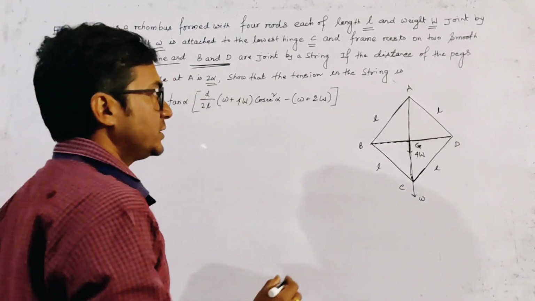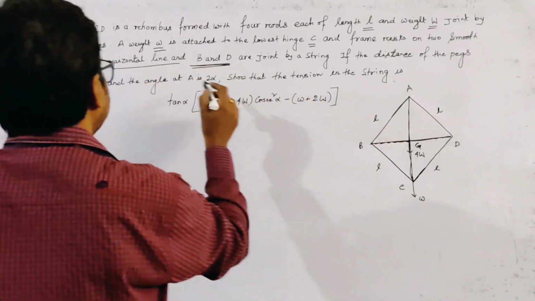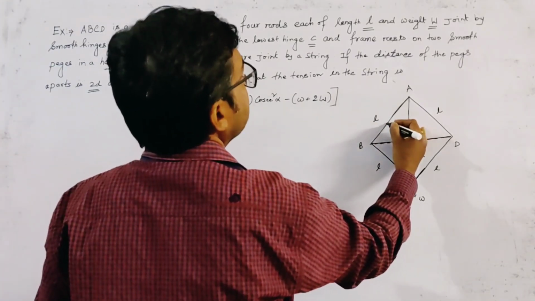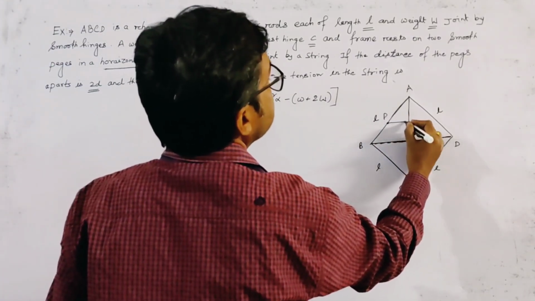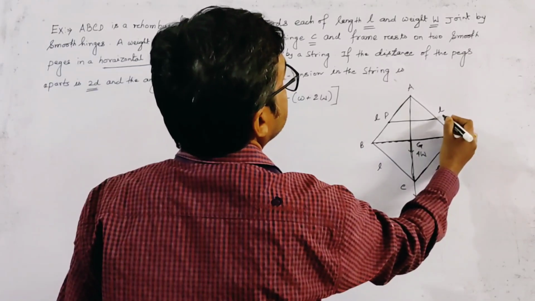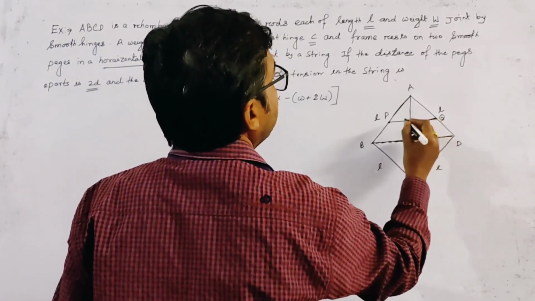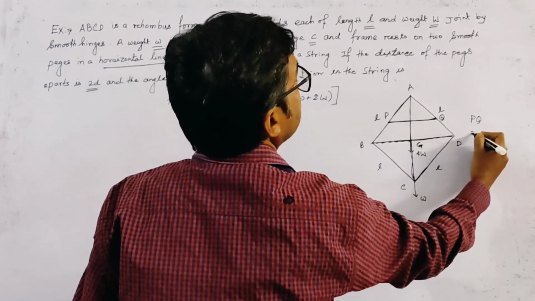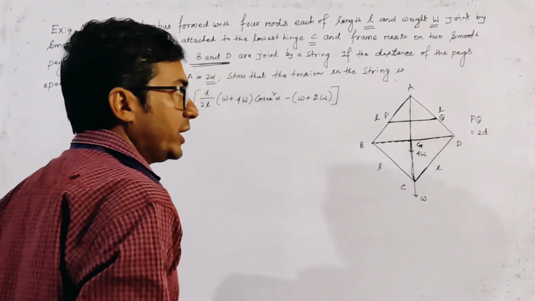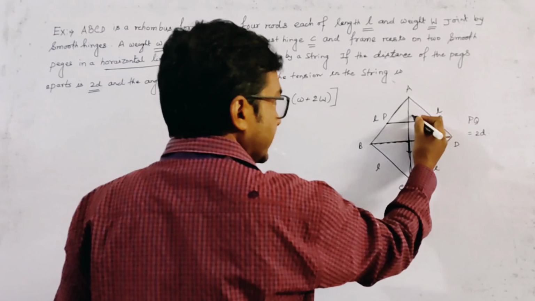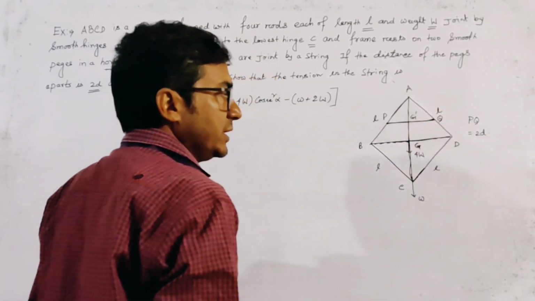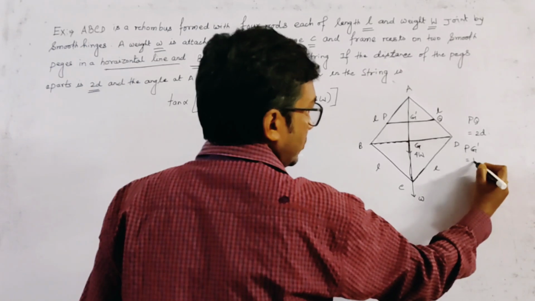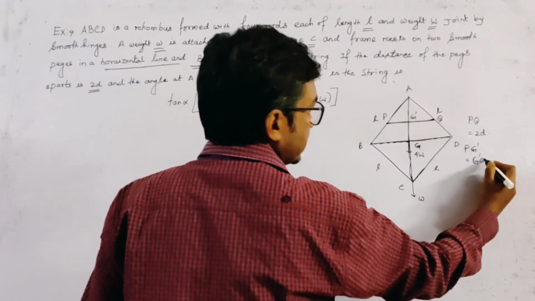Let the 2 pegs in horizontal position be at P and Q, where PQ is equal to 2D. And let the midpoint be G dash, then PG dash is equal to G dash Q,